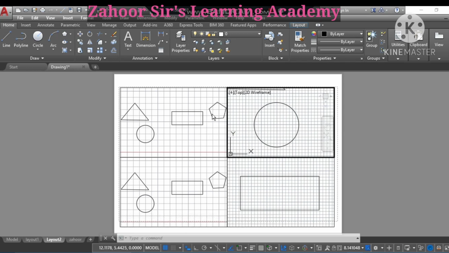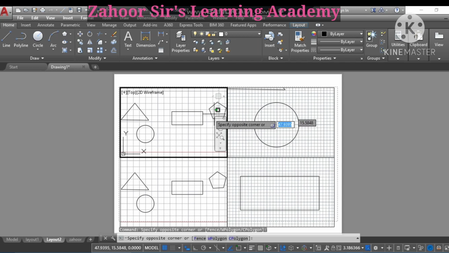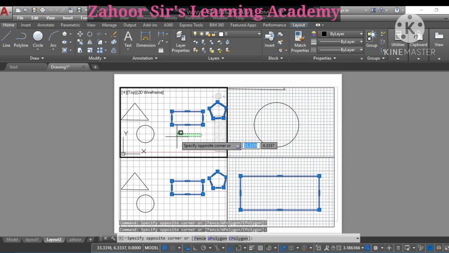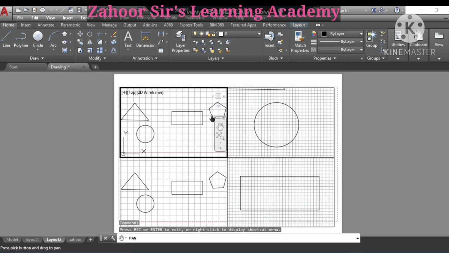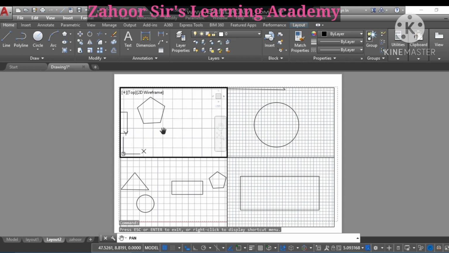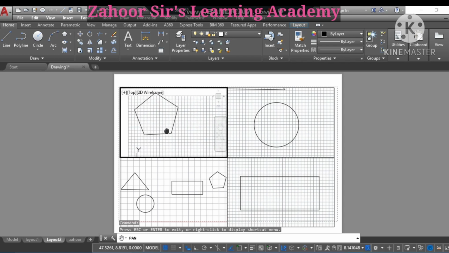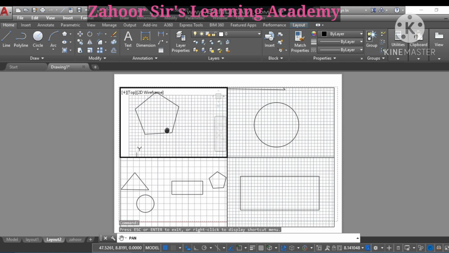Now here I would like to keep the pentagon, so double click, then bringing the pentagon in, double click, then pan command, and I will scroll like this, then zoom in, so keeping the pentagon in this part and exiting